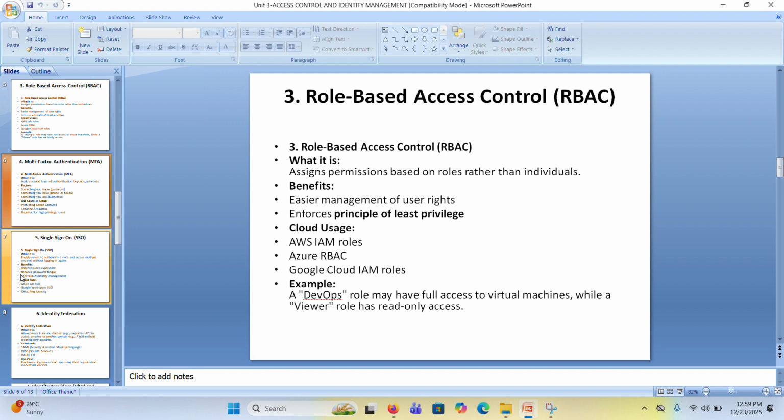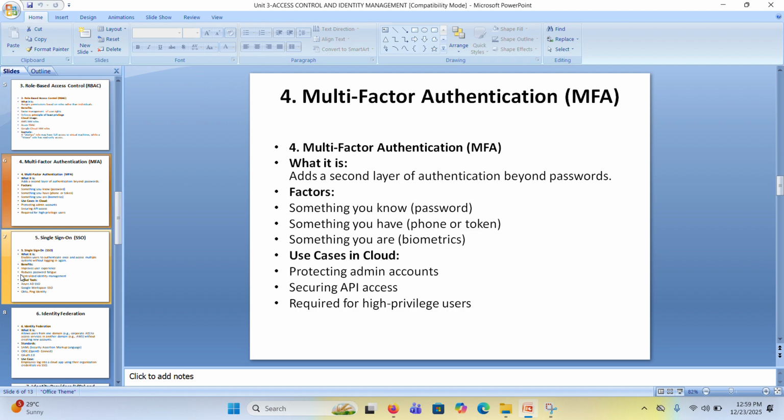For multi-factor authentication, we have a second layer of authentication beyond the password, to stop the hacker. Something you know, the password, something you have, the phone token, and something you are, the biometric. Use cases in the cloud: protecting admin accounts, securing API access, and securing high privilege users. And the single sign-on concept, we have the